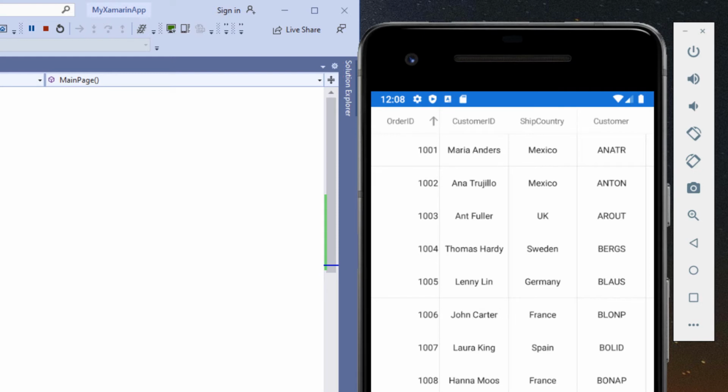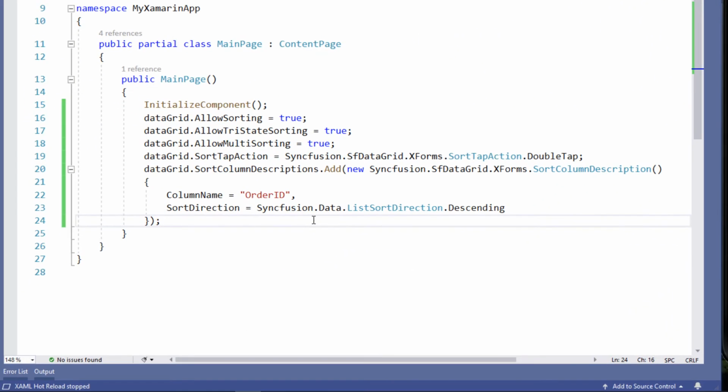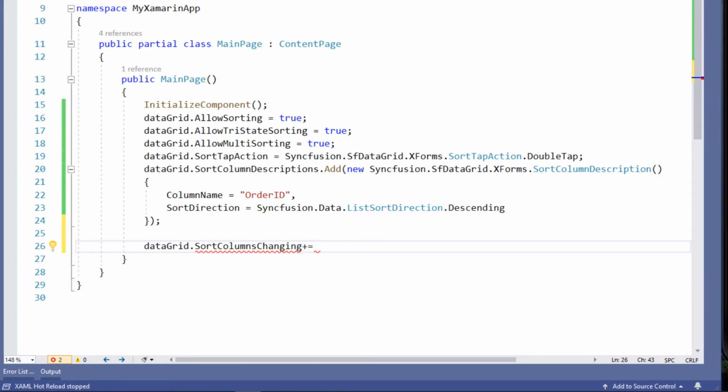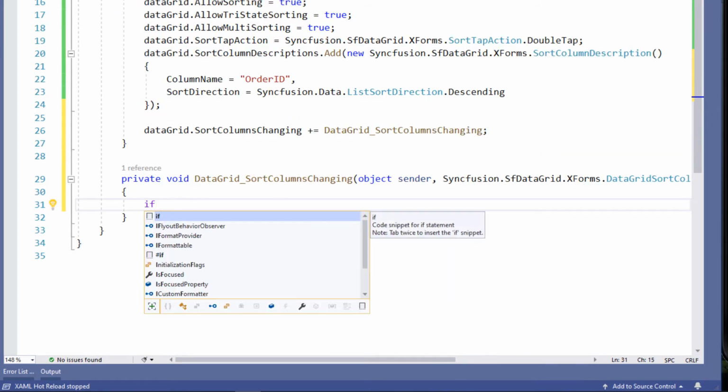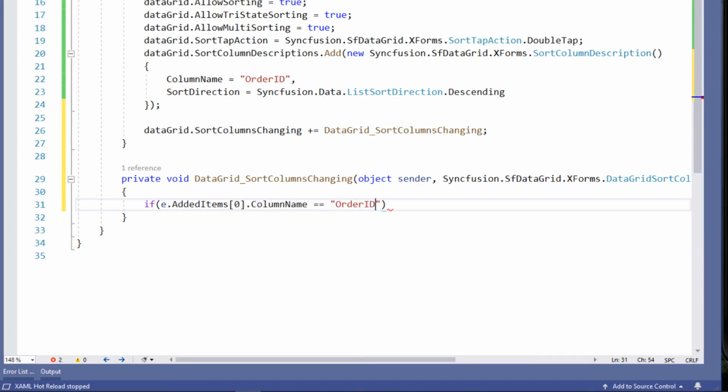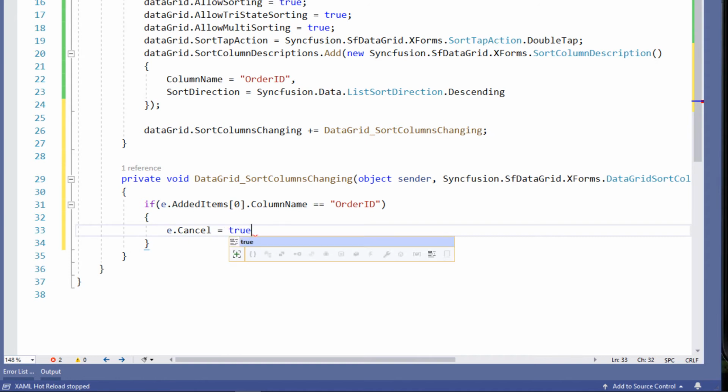Next, let me show you how to disable sorting using events for an individual column. I hook the sort column's changing event. And within the method, I check for a condition whether the column name is equal to order ID, and if so, I set the event's cancel property to true so that I cannot perform sort operations on order ID column.